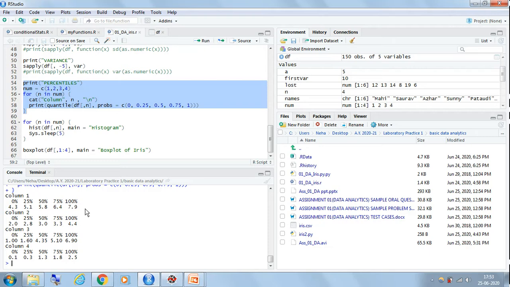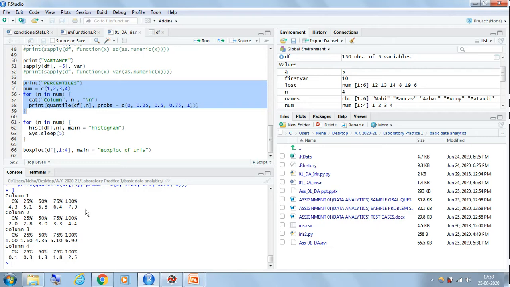Okay, now last part of our assignment is to display histogram and box plot. Okay, so for that purpose we will use hist function. So what you can see here is for loop for n in num, that is n will again take values between 1 to 4.